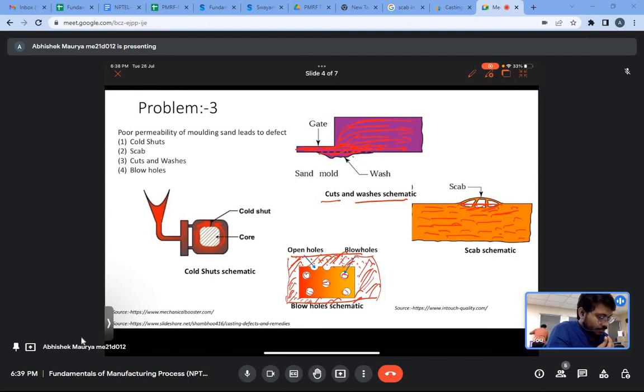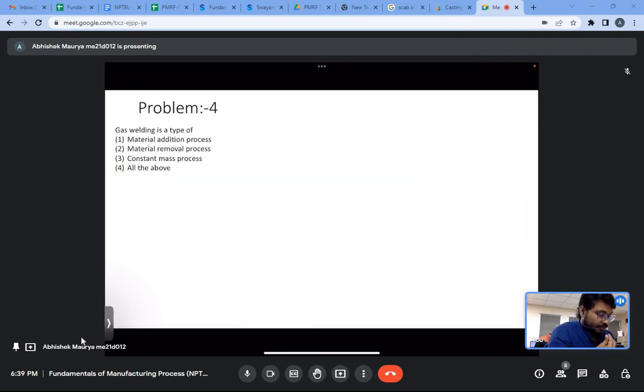So this fourth is the correct answer for problem number 3. Now let's move to the next problem. The question is, gas welding is a type of, first option is material addition process. We have already seen in the first question, in oxyacetylene welding, we were trying to join